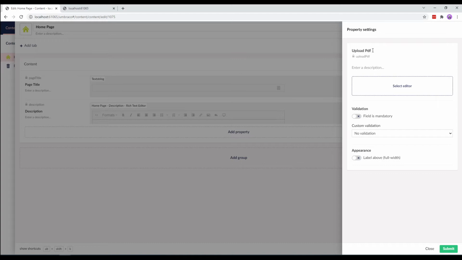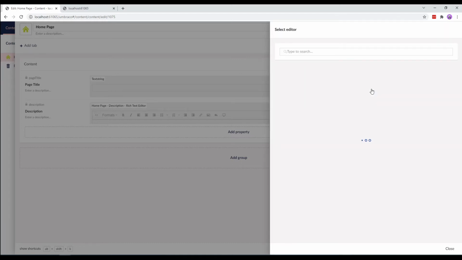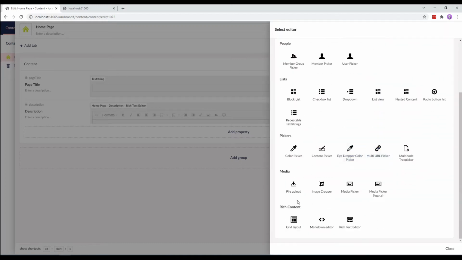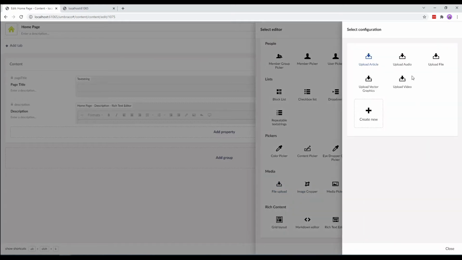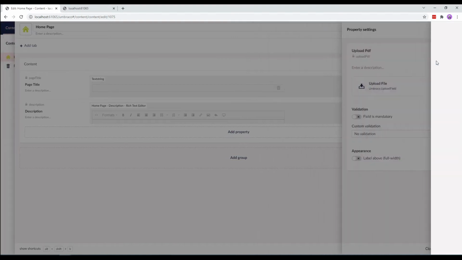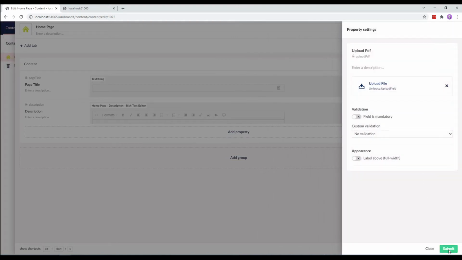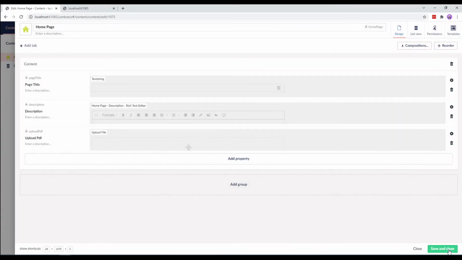And select an editor. If you scroll down to the media section, you'll notice there are three media data types available by default. That is FileUpload, Image Cropper, and Media Picker. Let's select FileUpload. We are now presented with more options. To upload a PDF file, let's select Upload File and click Submit. We'll save and close the document type